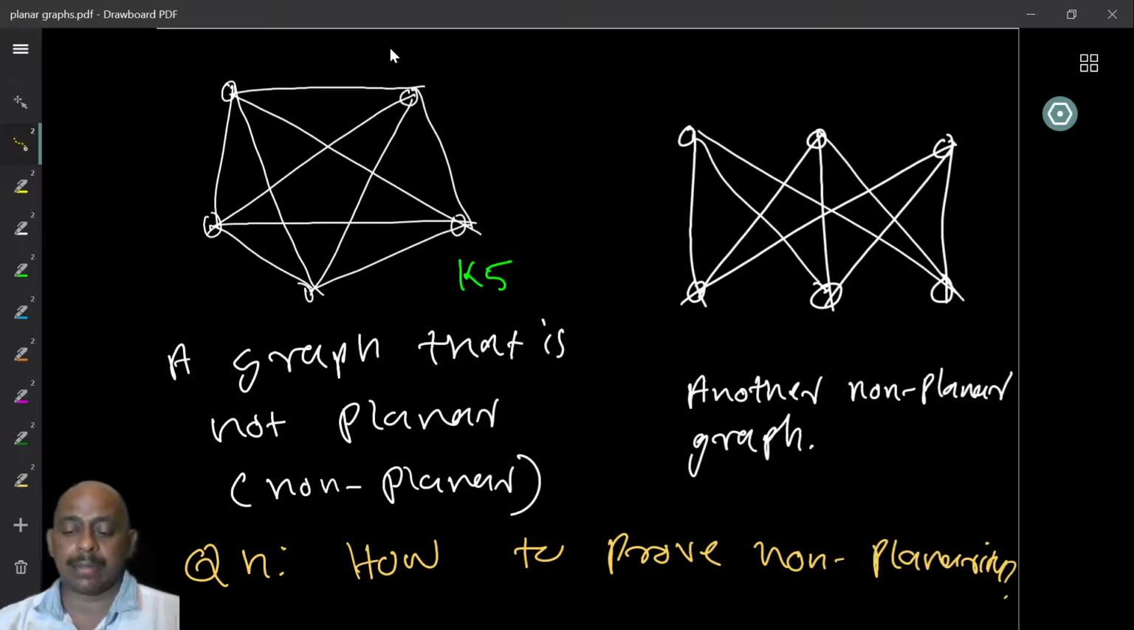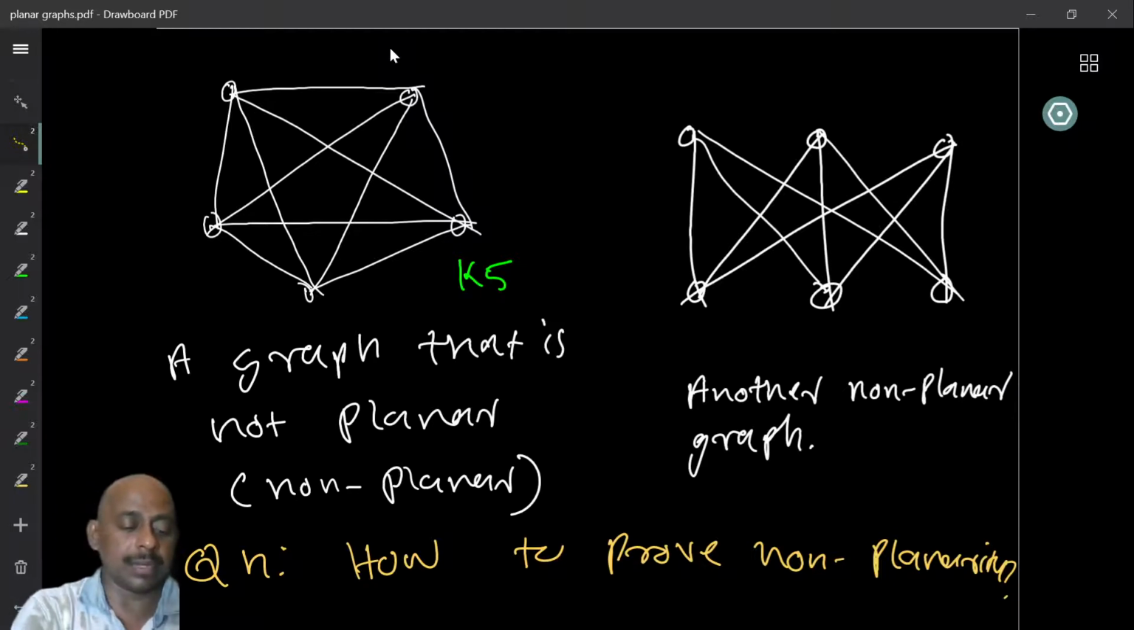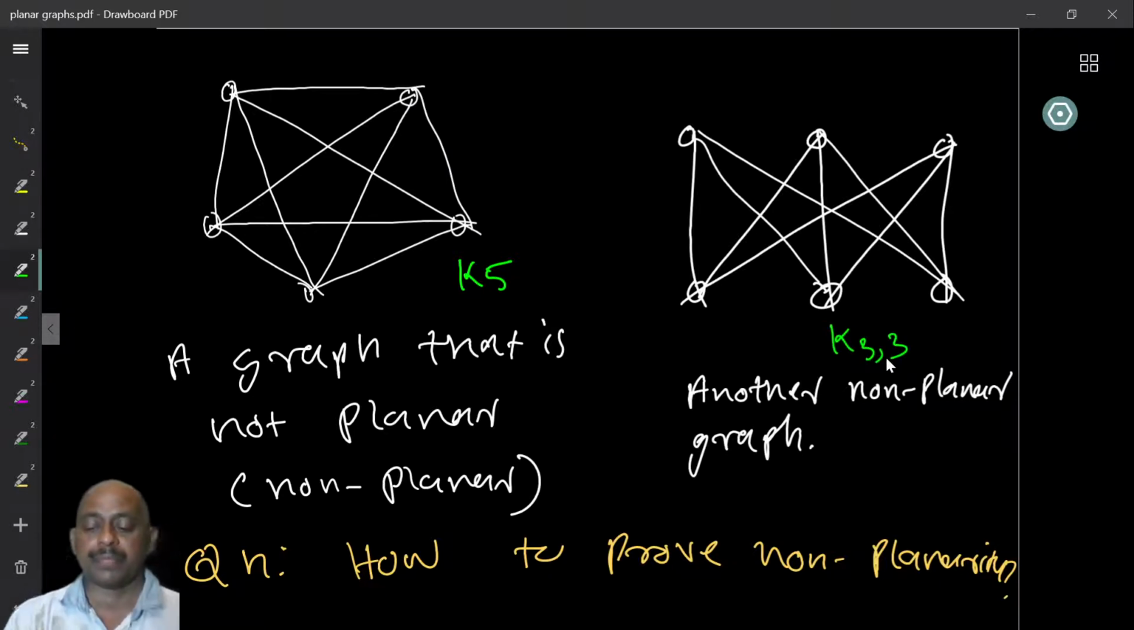Here is another non-planar graph, the complete bipartite graph K3,3. This complete bipartite graph K3,3 is also not planar. That is my claim. Again, try to draw this graph and make the embedding so that it is possible. Try to make it planar, or try to minimize the number of edge crossings and see where you are going to miss out. If it is possible to do this, then it would be nice. And then another way